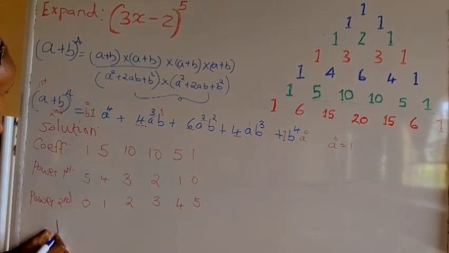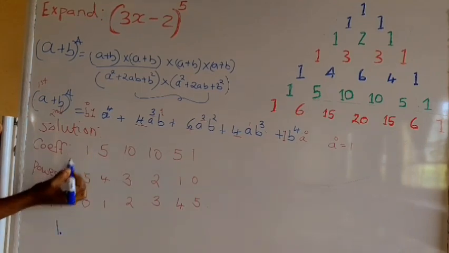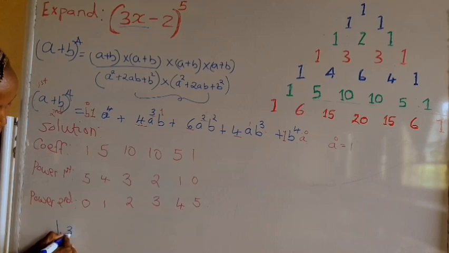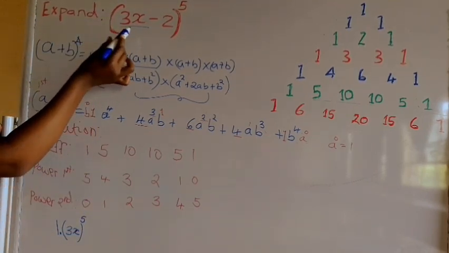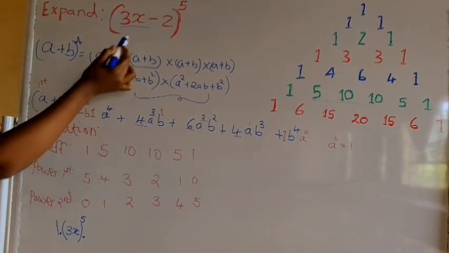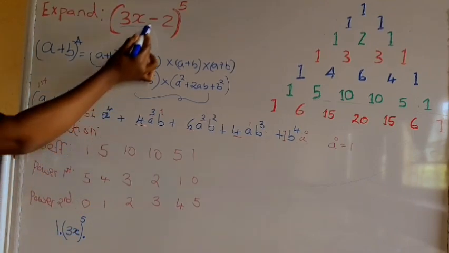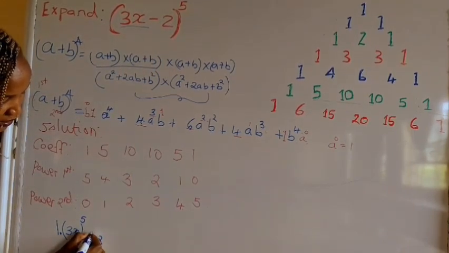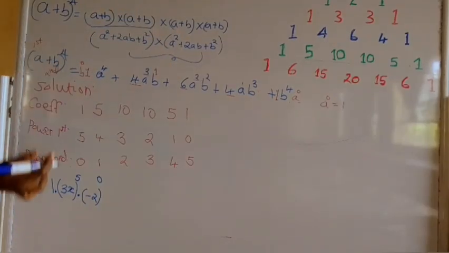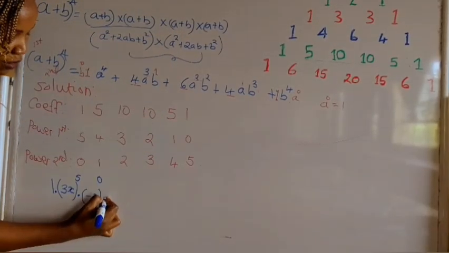We write 1 here, dot. Dot in this case means multiplication, right? So coefficient is 1, power of the first term, which is now 3x, is 5. 3x is to power 5. Then the second thing we are going to put together is the second term, which is negative 2, but in this case the power is starting from power 0 and then increasing. For this other one, decreasing. Then we add